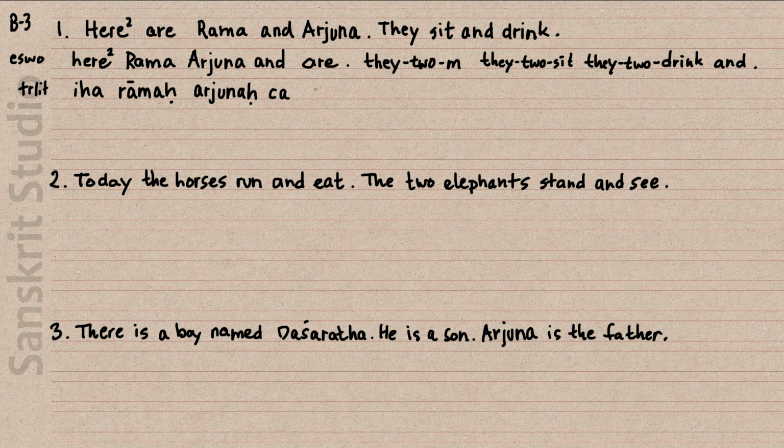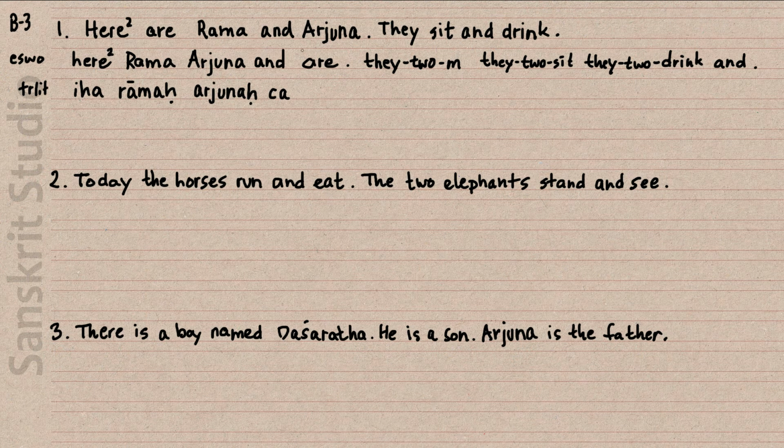But in this case, of course, asti is for singular. So if we only would have had iha ramaha and then asti, then we could have asti. But now we have two personalities here, both Rama and Arjuna. So we have to